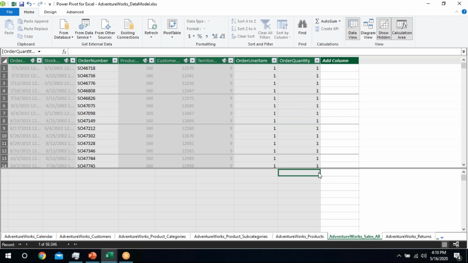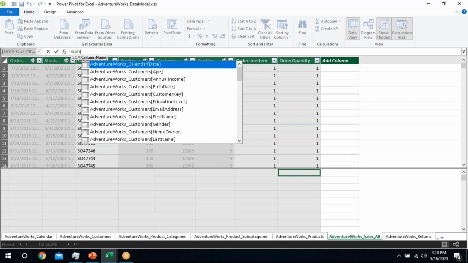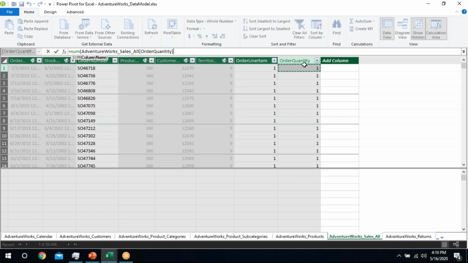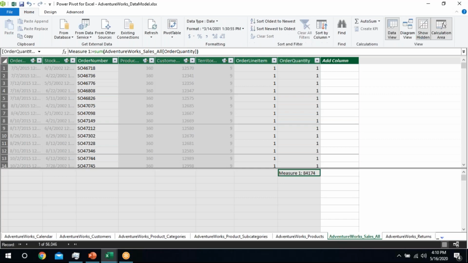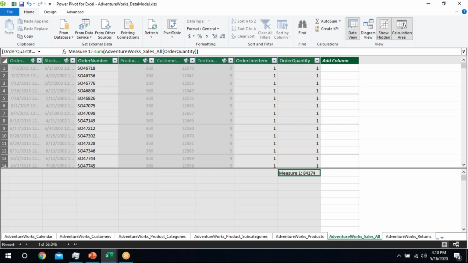Whatever measures you want to calculate, you have to write that measure in this particular gray area, right? Equals to, I want to make a measure to sum my order quantity. So just like Excel, equals to sum, bracket open, and product quantity, bracket close, and you can see that it has calculated my order quantity for all the data table of sales data table,